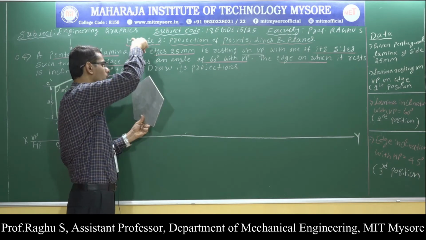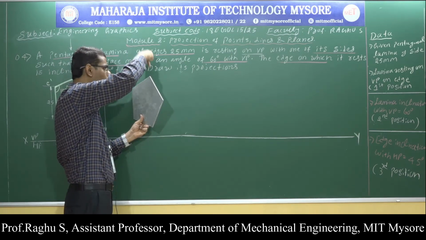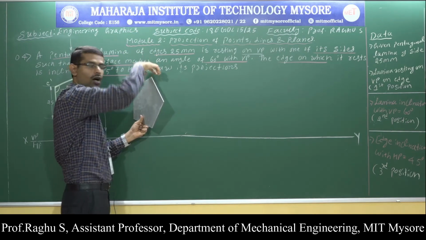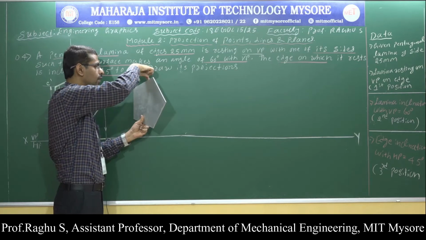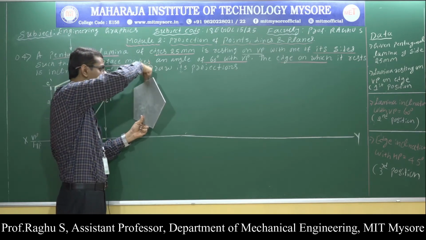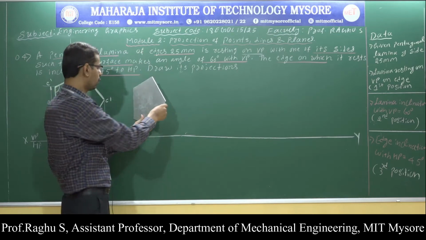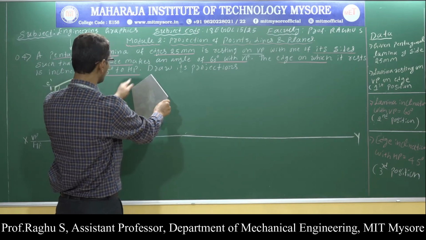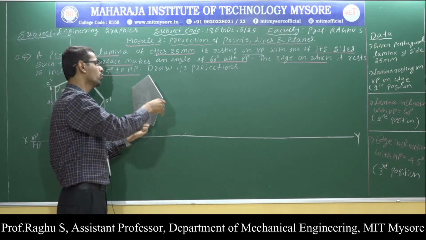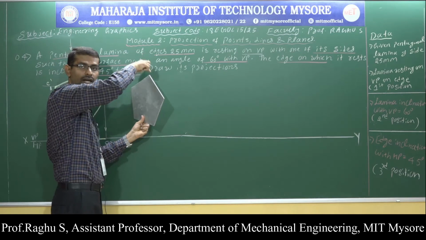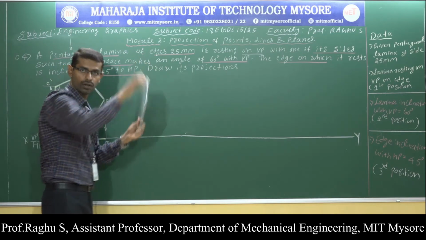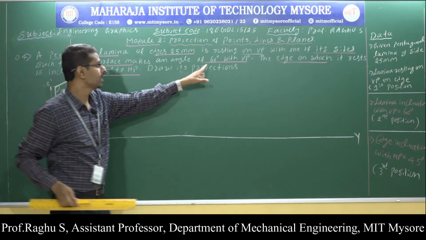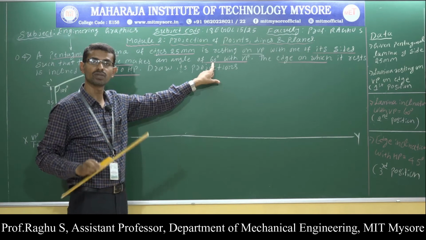Now, observe here. When you look from the top of the object, I am able to see this inclination. Therefore, the inclination will be visible in the top view, and in the front view I cannot see any inclination. Here I can see this portion, but in the top view I can see the inclination. The lamina is inclined with respect to VP. Now, how to draw the second position? To draw the second position, take VP inclination 60 degrees. VP inclinations are visible in the top view.